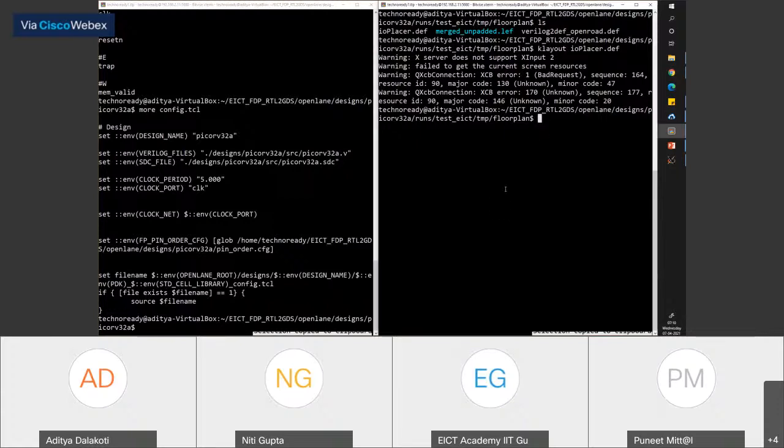The layout is present as a DEF in the temp directory of our run. Inside the runs for Pico RV32, there is a directory with the tag which we created, test EICT, when we loaded Floatical. Then we go to temp floor plan. Inside it there should be a file, ioplacer.def, which we open using Klayout.